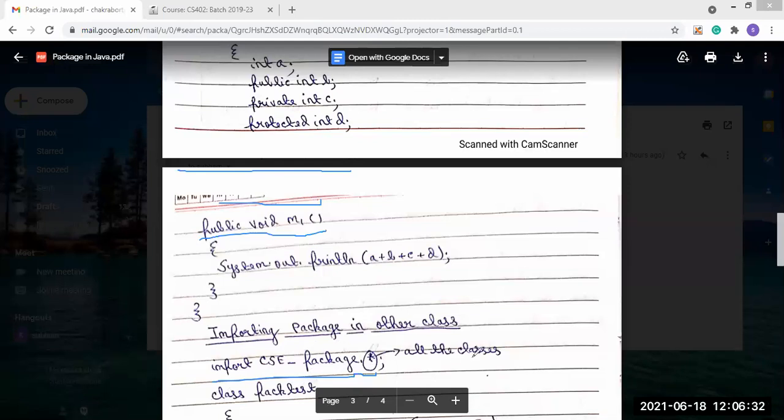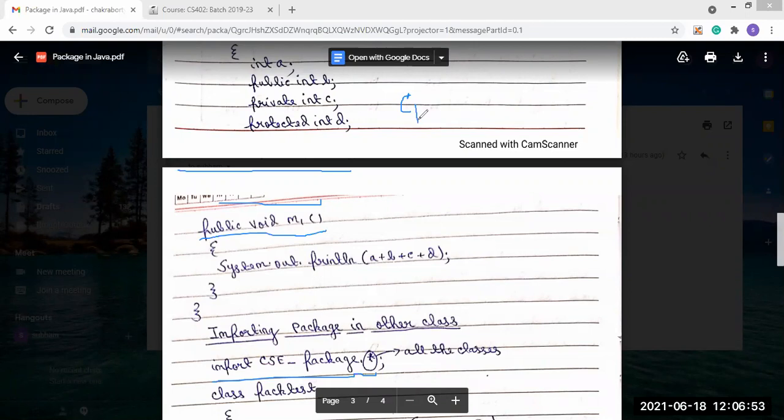Dot star means all the classes. In the CSC underscore package I created, only the C1 class is present.